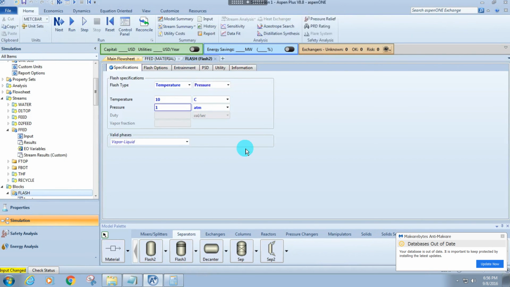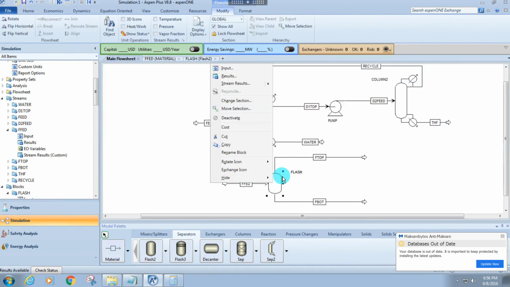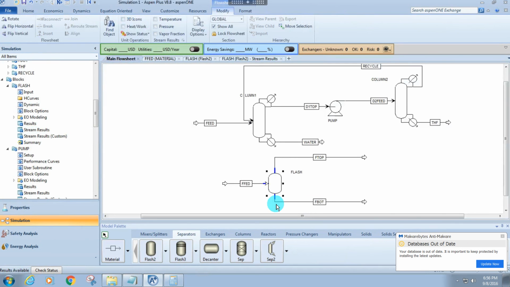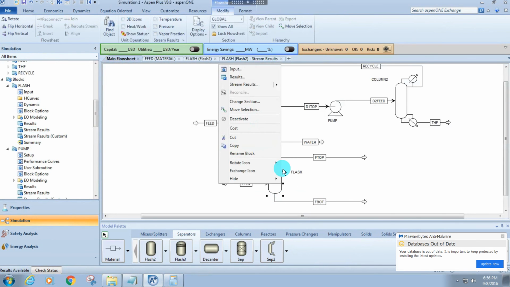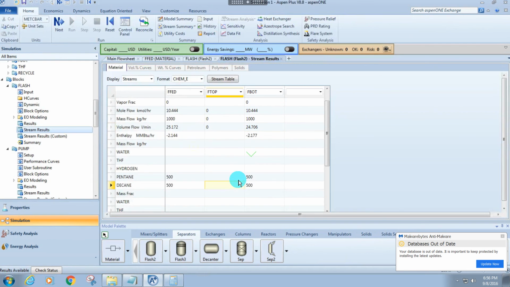So let's see if we run this now. We're just looking at pentane and decane, and we want to flash off the lighter component, pentane, to make a pure bottoms stream of decane. Okay, so here we're going to flash off the pentane, and we're going to leave decane down here. In our results, you can see that nothing is being flashed off right now